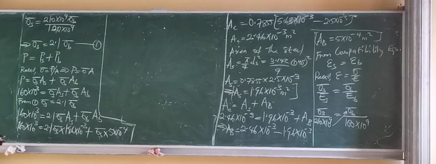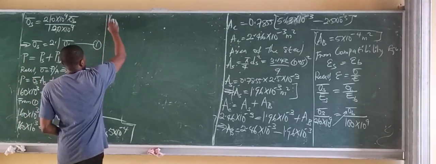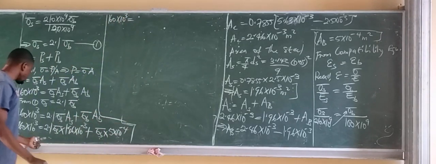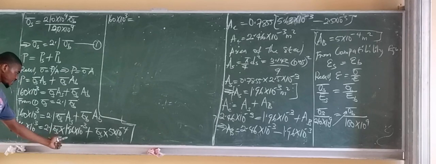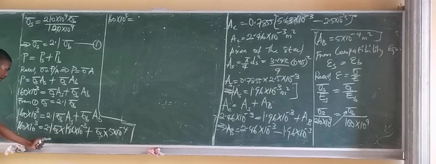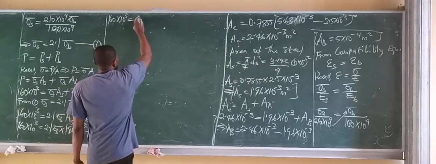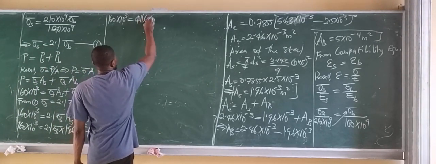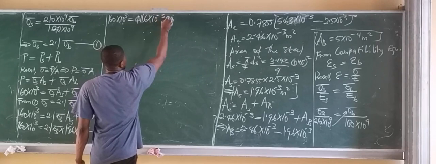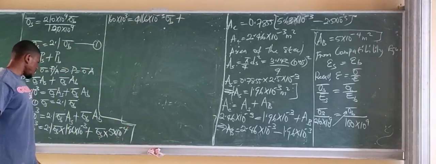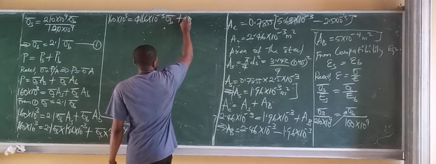So at this point you have 160 by 10 to the power of 3 is now equal to 2.1 times 1.96 by 10 to the power minus 3. What do you have? 2.1 times 1.96 by 10 to the power minus 3 is 4.116 times 10 to the power minus 3 sigma d plus 10 to the power minus 4